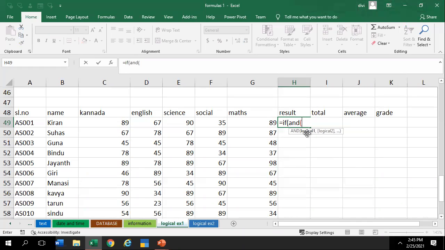Now you can see that it's asking logical test 1, logical test 2. If I insert logical test 2, it will ask for logical test 3. Let me check. I'm using the IF logical function, so I have opened the parenthesis. I'm going to assign one more formula, that is AND. Open the parenthesis, select my value. So this Kannada is greater than 35,